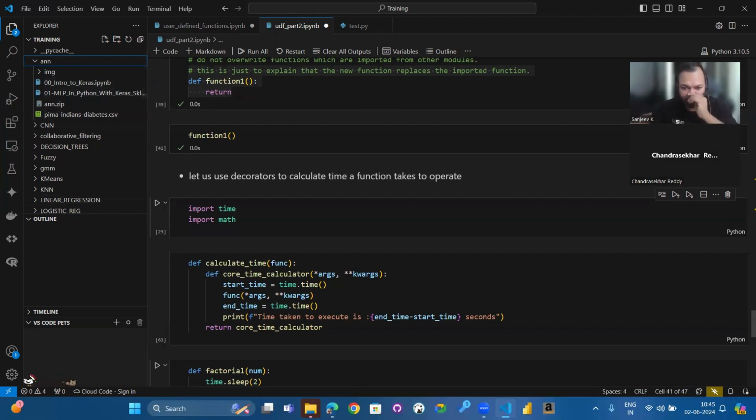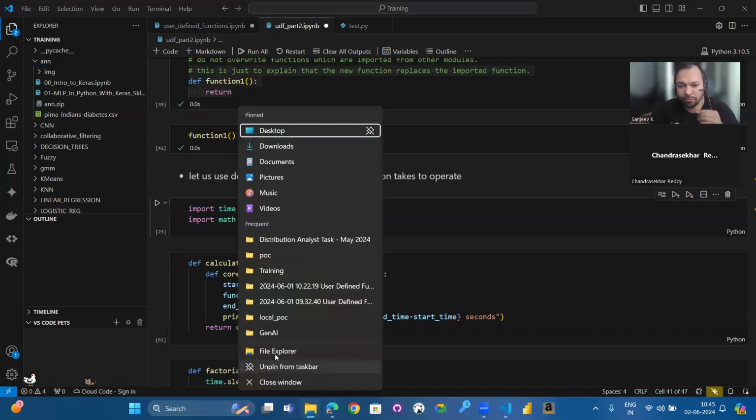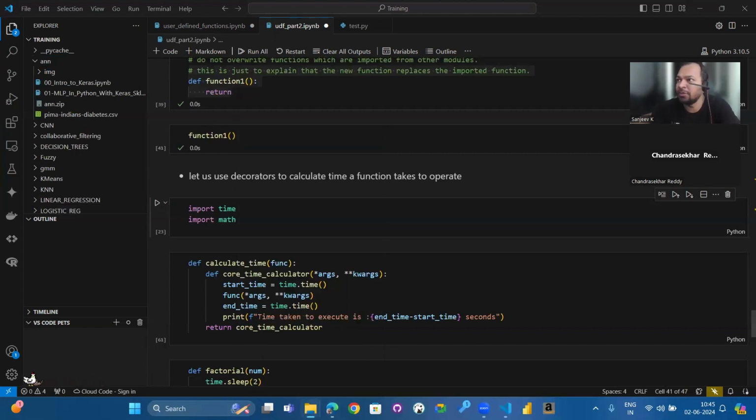So if I have to show you the folder structure, I'm going to tell you about modules and packages at a later point, but because I'm going to import those modules, I'm just explaining to you. Okay, don't worry if you are not understanding it. I'll explain one more time.